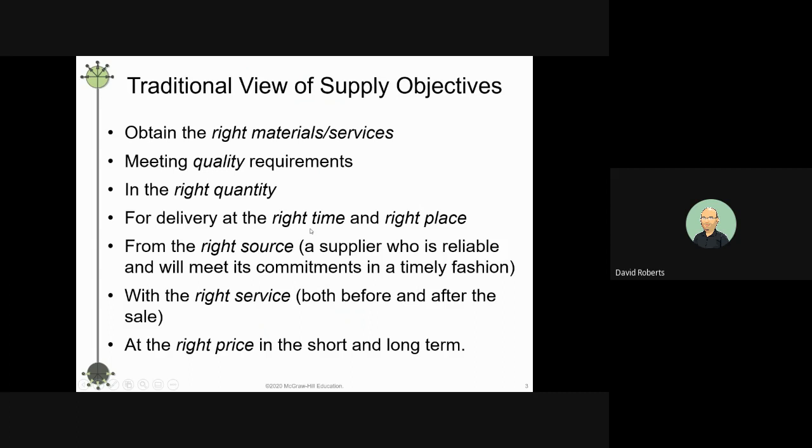So I've always described it this way: getting the right item at the right time in the right quantity. And as you can see, there has to be quality requirements, which is not easy to define sometimes, even determining what the right materials are. It's not just as simple as you and I going to the store and picking out milk. Well, what kind of milk? There's so many choices these days. When are the due dates? For perishable items, things along that line.